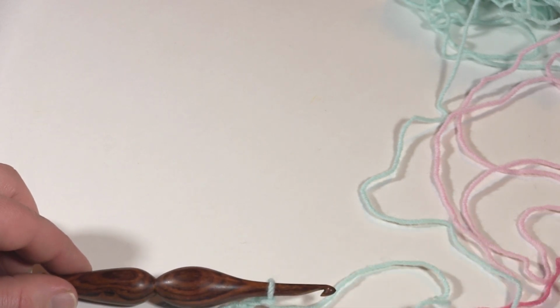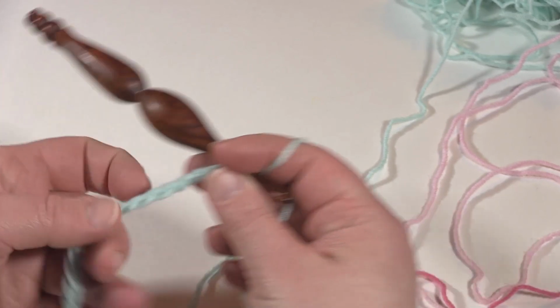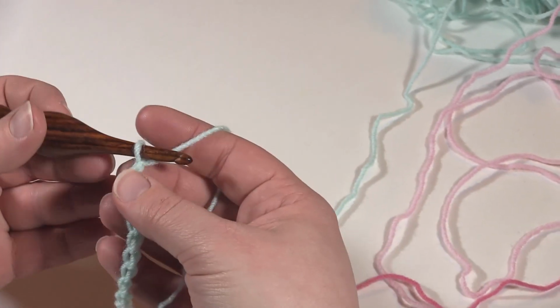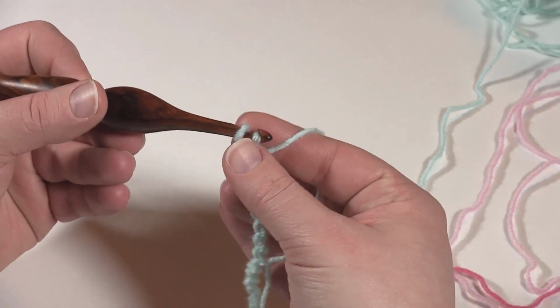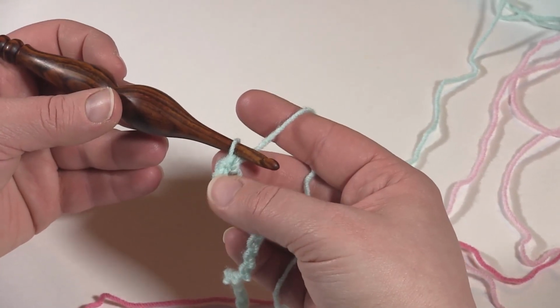This is a very small swatch. It has 17 chains. I'm using an eye hook and sport or DK weight yarn. This would be yarn symbol 3 or a light yarn. Now what I'm going to do is make a single crochet in the second chain from the hook. I like to work into the back hump of the chains, but you can work into whichever part works best